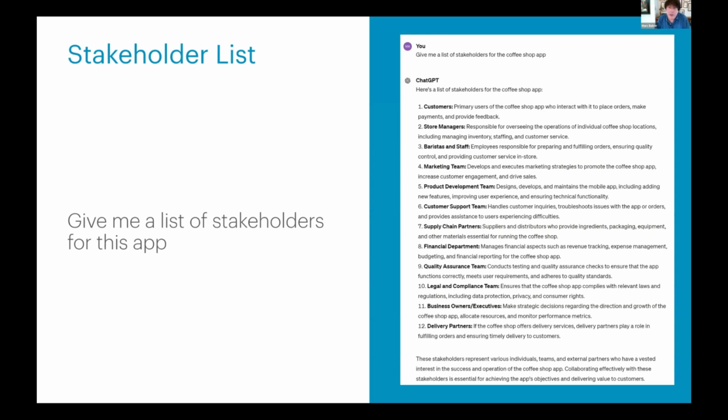Obviously, this information was not provided in the initial prompt. The initial prompt was just the description about customers in the store. There was nothing about supply chain partners and compliance teams, and even baristas weren't really mentioned in that initial prompt.